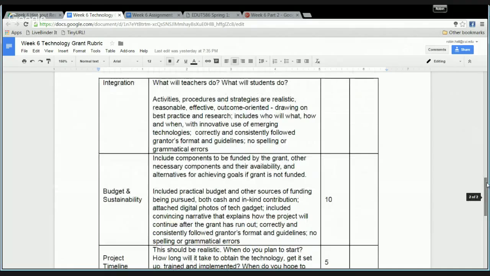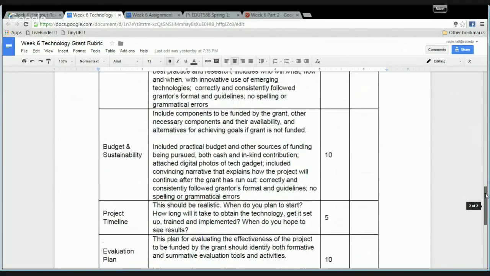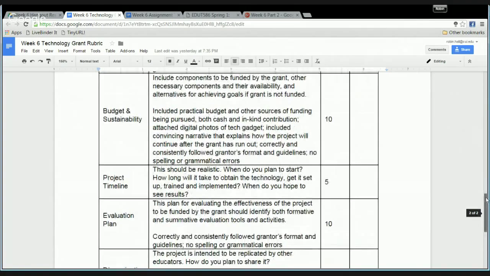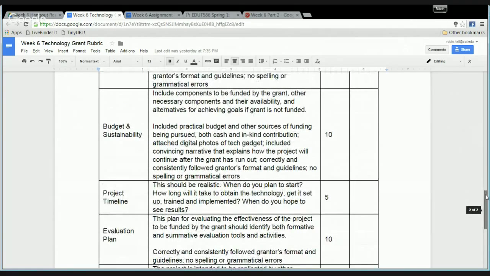Integration, in this case, is specifically about technology. So this particular grant, the OCCUE grant, wants to know how you are going to accomplish that. Budget and sustainability: in most grant applications, this is a concern of grantors as well. If they give you the money, it's one-time money, right? So how do you keep doing whatever it is you say your goals and objectives are for this funding? How are you going to sustain that once the funding is over?